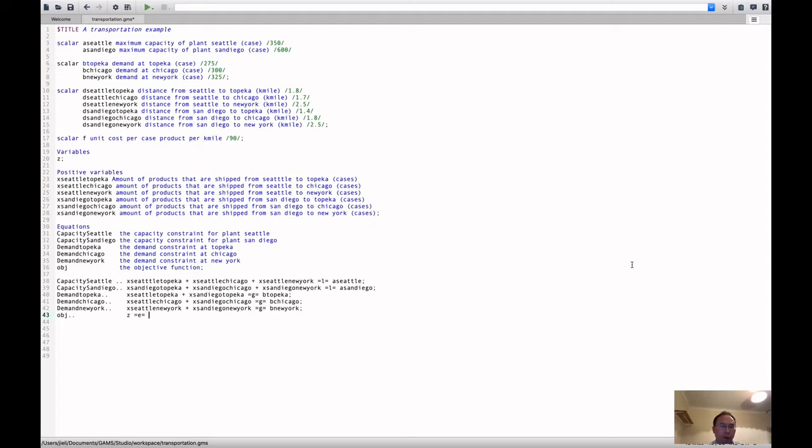And then write the expression on the right-hand side, the total transportation cost. We write F times distance Seattle Topeka times the amount that are shipped from Seattle to Topeka